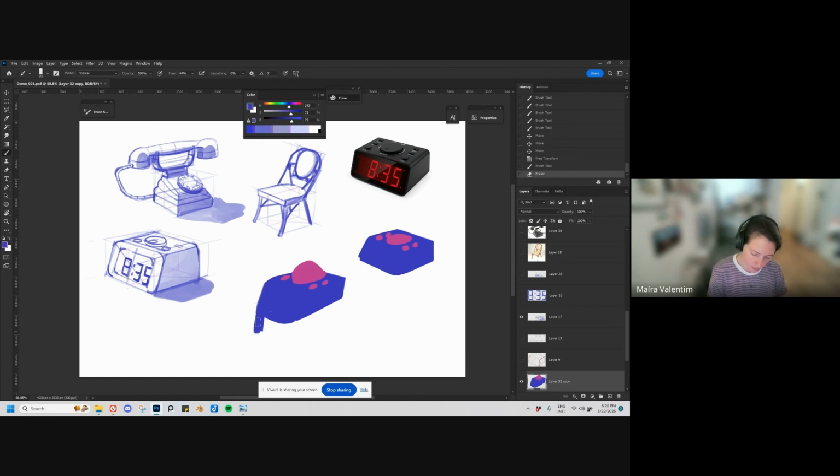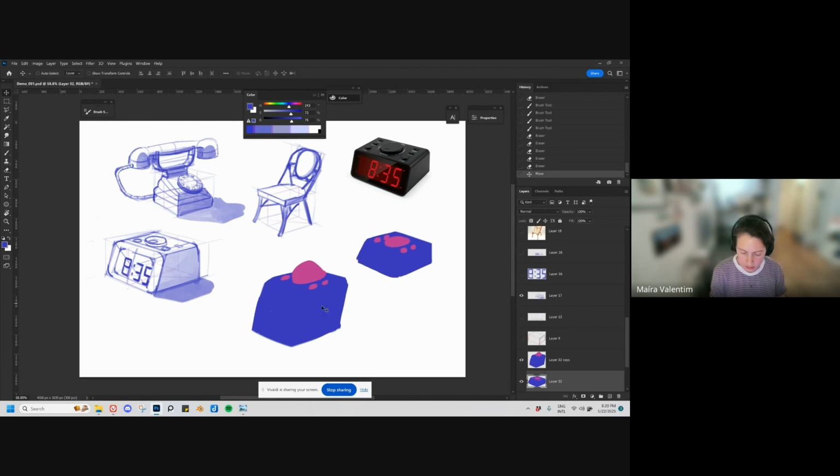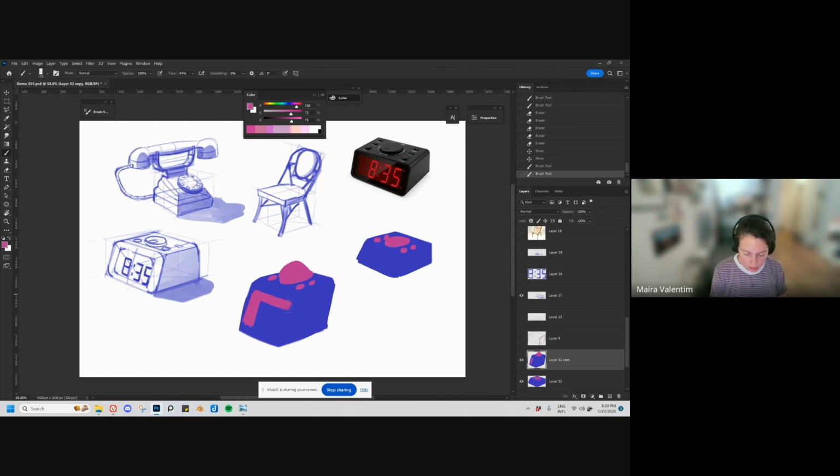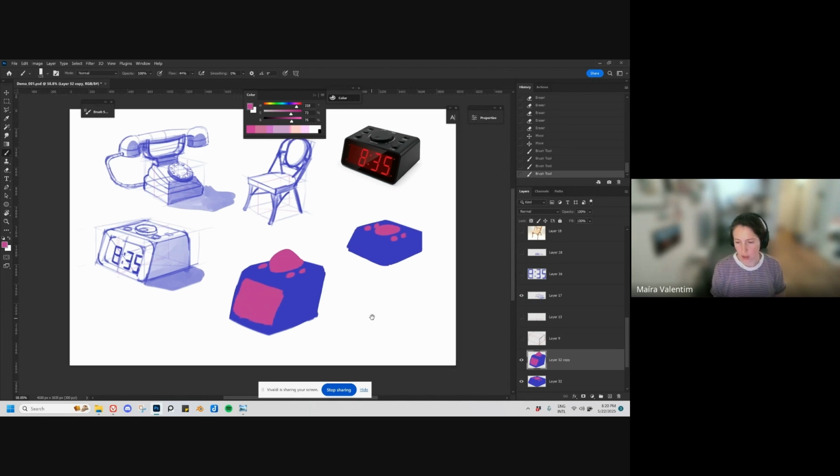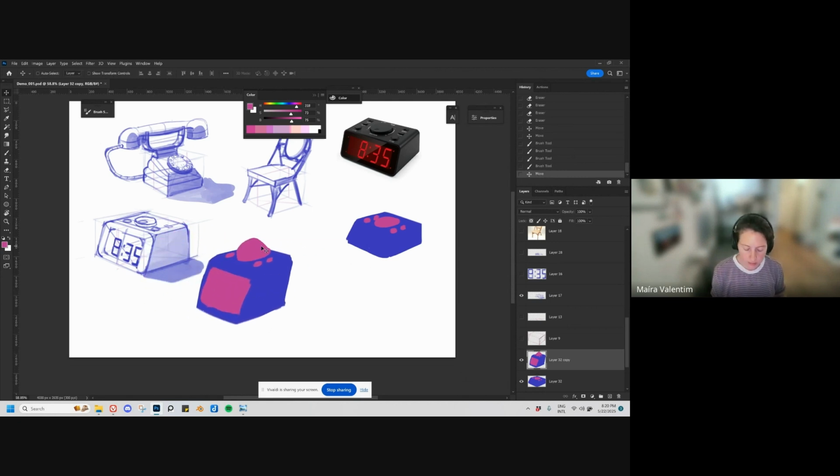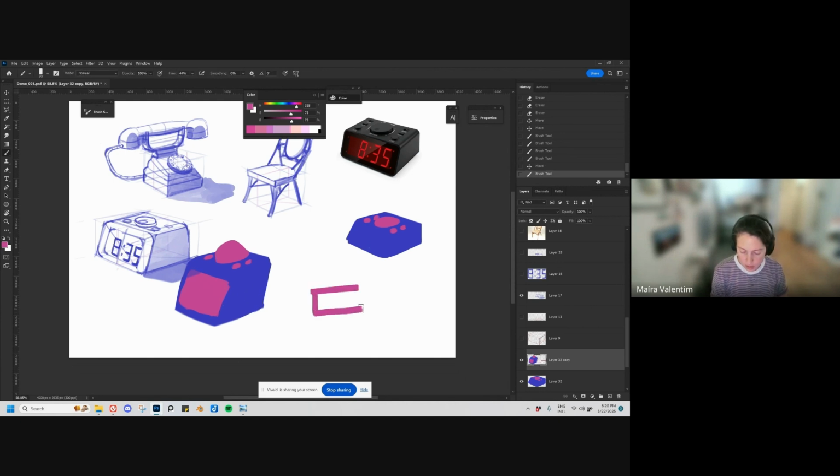Maybe it's going to be larger like this. And then you start to play with shapes. So you have an idea of an object you want to do, and then you start to play with shapes. That's what I do, and for me it's a very fun part. I really like this part. It's a bit less drawing, you don't need to be perfect, and that's when silhouettes can be interesting, because now you can play like this, and maybe it's more like this, and you have a big button, and then the buttons are here. So now you start to play with design,